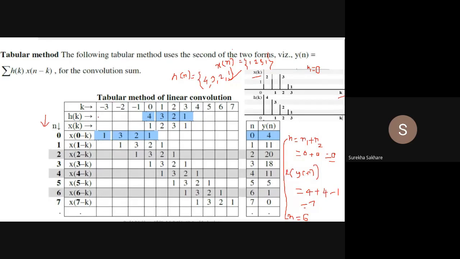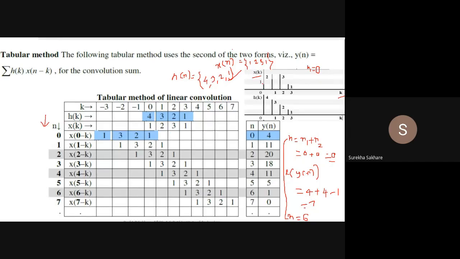Instead of folding h of k, we are going to fold x of k depending upon this diagram, because this is something I have taken from some book, so it is going to be like this. But in the next example, we will solve it ourselves, and then we will see which one to shift. So h of k I have written. How? The first sample 4, second sample 3, 2 and 1. See, the first sample at 0 is 4, this is 3, this is 2, this is 1. That I have written.